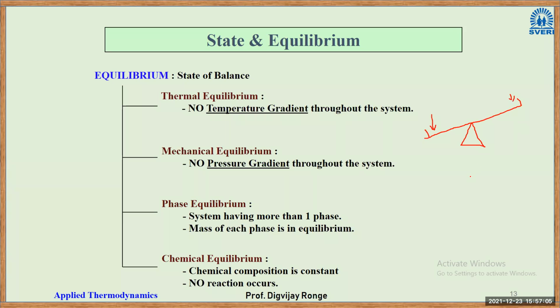Okay, if I take another figure of the seesaw, let us say the figure is kind of like this. Again this is under imbalance because in this case the force is less here, and the force is more here. So this is again under imbalance. It is not balanced. Now if I take a third example in which this is plane horizontal. Plane horizontal means the force at this end and the force at this end both are equal. So that means it is under mechanical equilibrium. All the forces are being balanced.